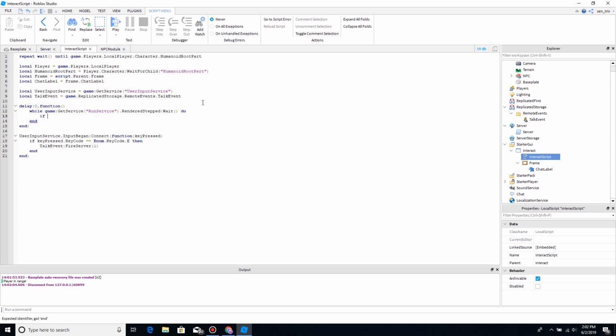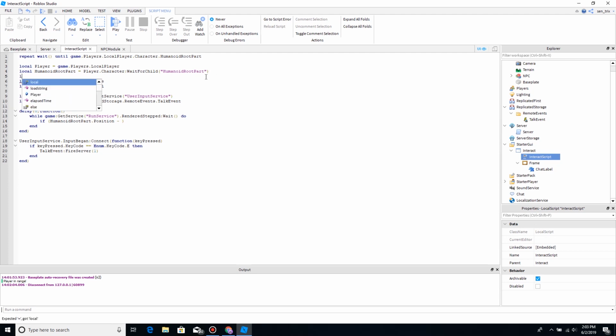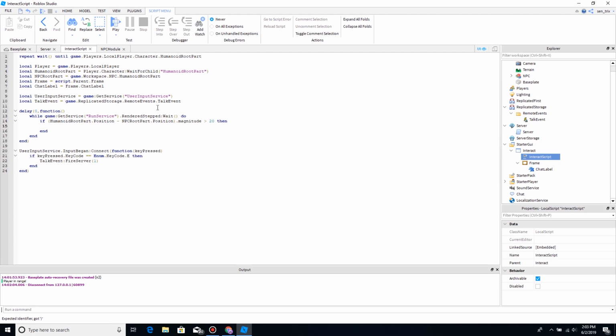And then what we can do here is if humanoid root part dot position is minus. Let's create a new variable up here after the root part and call this local NPC root part equals game.workspace.npc.root part, and then we go back to here, NPC root part position dot magnitude is less than 20. Then we can go to,